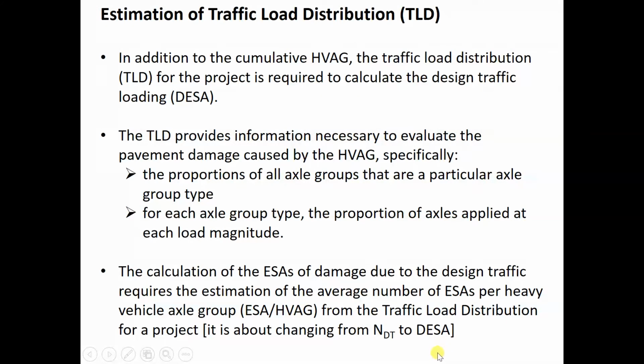From this, later on we also need to change it to the SAR, because each of the layers has a different response. We need to change to the design SAR 5, design SAR 7, design SAR 12, so that we can compare, because for the asphalt, for the cemented material, for the subgrade, the response is different. So from the DESA, we need to change to the various